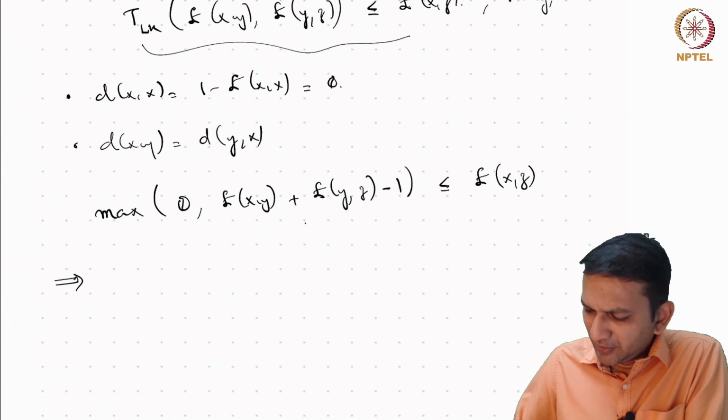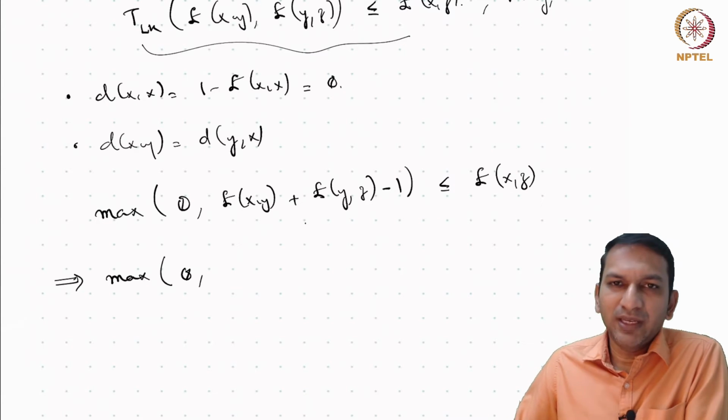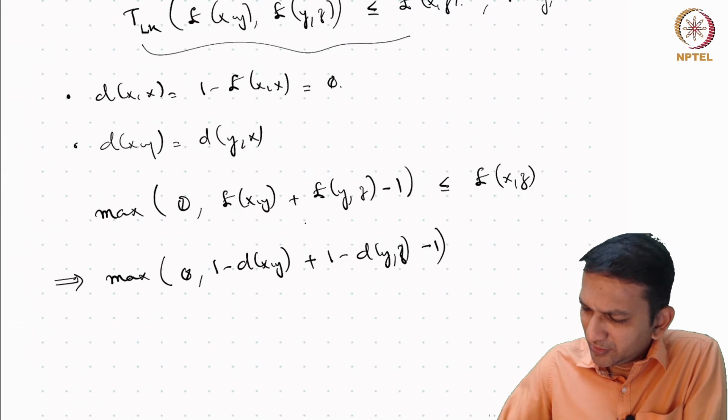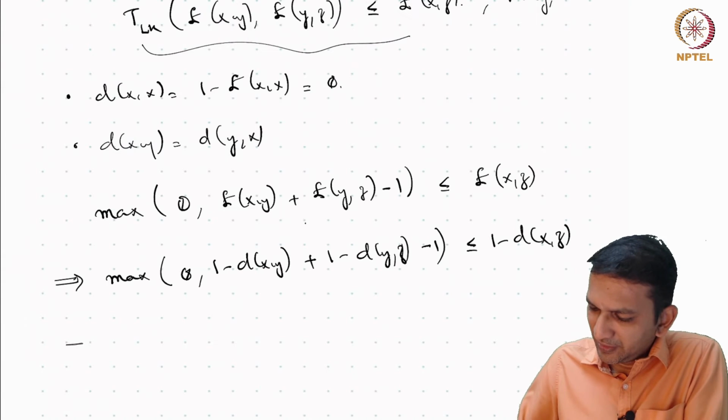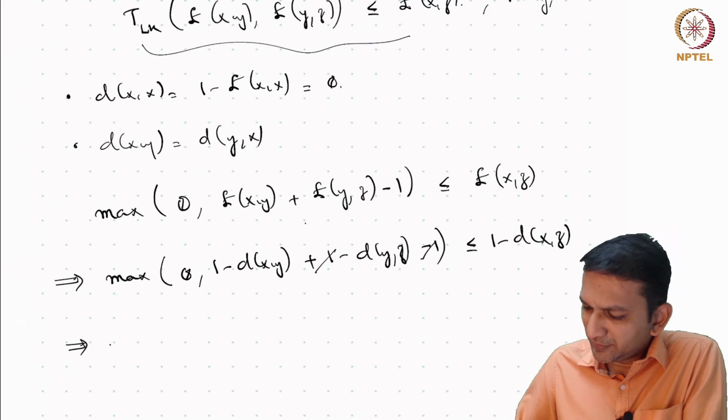This implies, by substituting for e, since d is 1 minus e, we could write e as 1 minus d. So this is 1 minus d of xy plus 1 minus d of yz minus 1 is less than or equal to 1 minus dxz. Now this implies, by cancelling out these two things, what we have is maximum of 1 minus